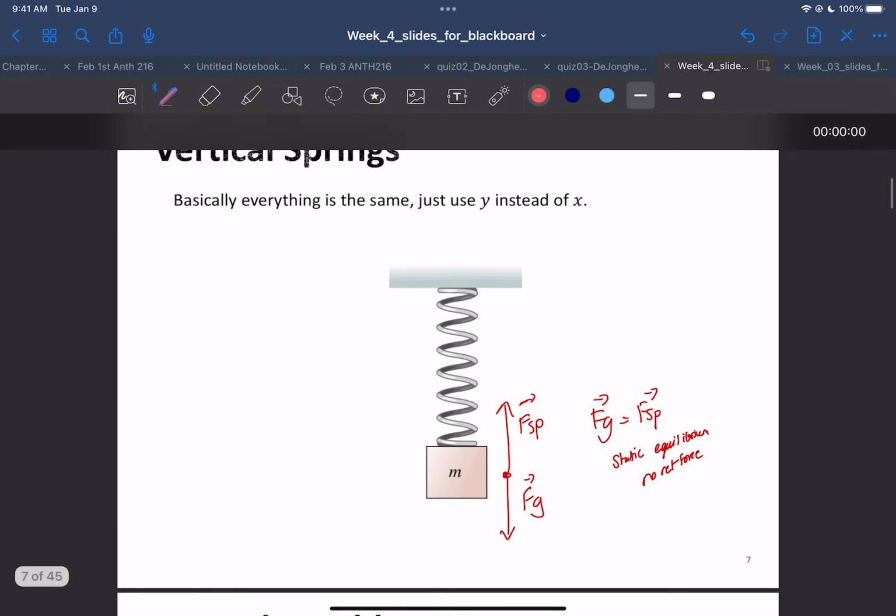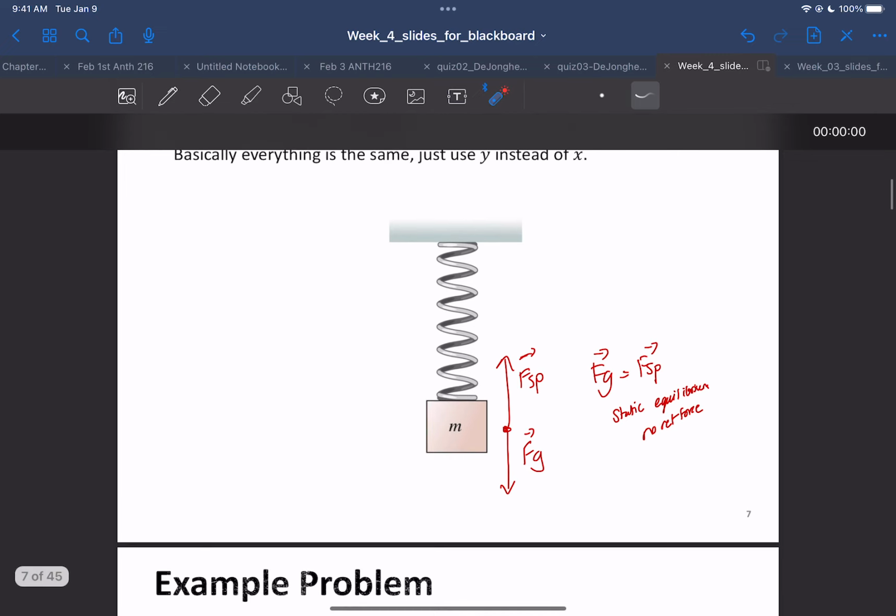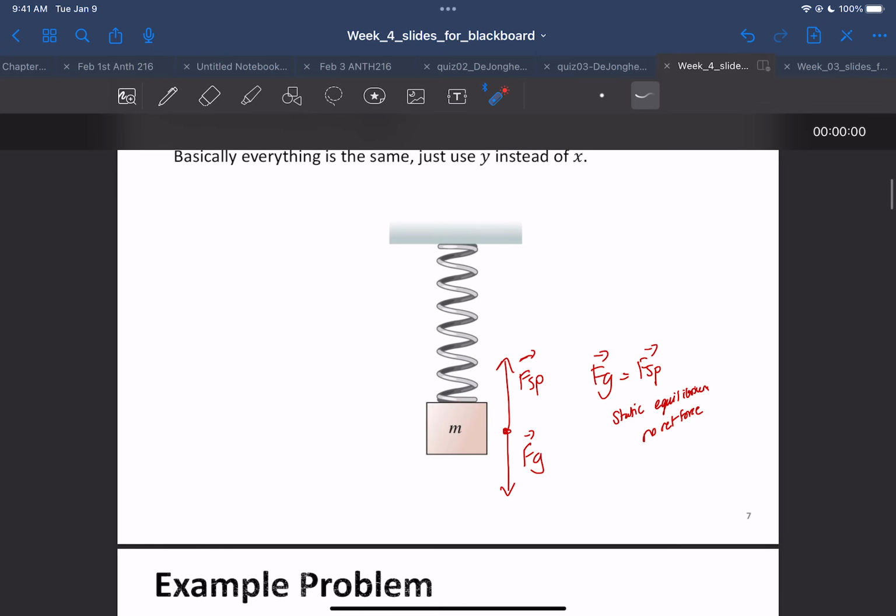There are also specific situations with these springs where you might not just have it pulling to the right or pulling to the left along a horizontal surface. You might also have the spring in the vertical direction, like a block hanging by the spring. In that case, it's not spring force to the left or to the right. Now it's in the direction opposing the weight of the block. So if the block is pulling downwards, stretching the spring downwards,